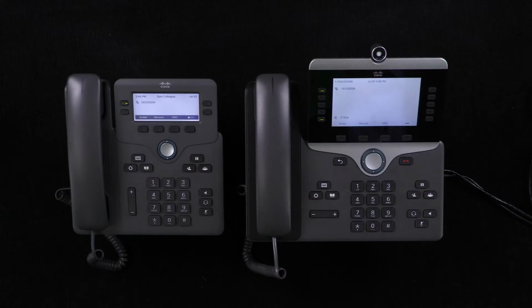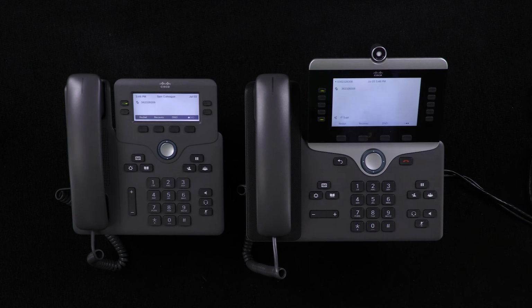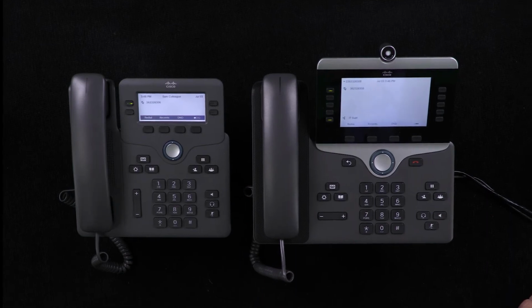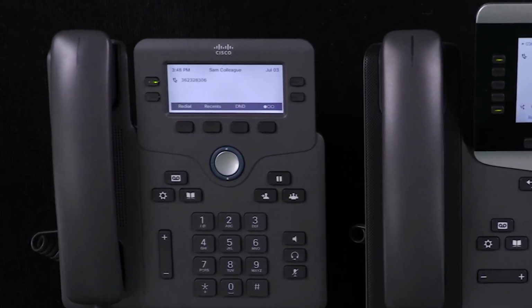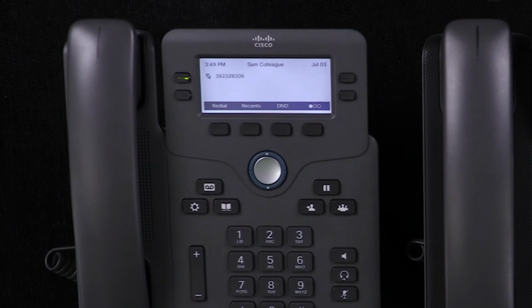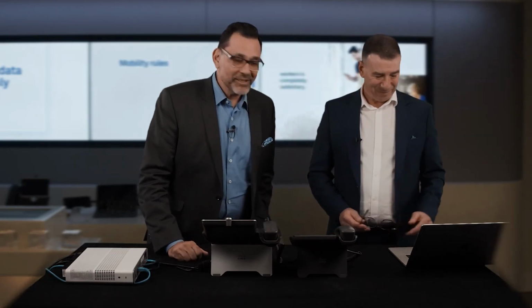and see if one of the line keys comes up with our BLF. So before we hit the OK button, let me just show you, we've got a slightly different physical setup here. Here's my 8865, the one that we've been showing some of the other functions on. And over the other side, we've got a phone that you might see in a work area or a guest phone in a reception. This is a Cisco 6851. And you can see that Sam Colleague's phone is at that number. That's an important number to notice because that's the one that you will be monitoring. It's the 068306 extension. Let's hit the OK button.